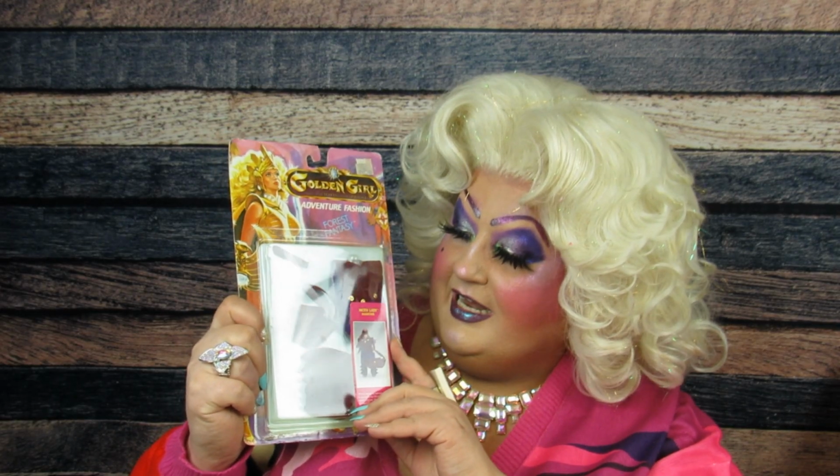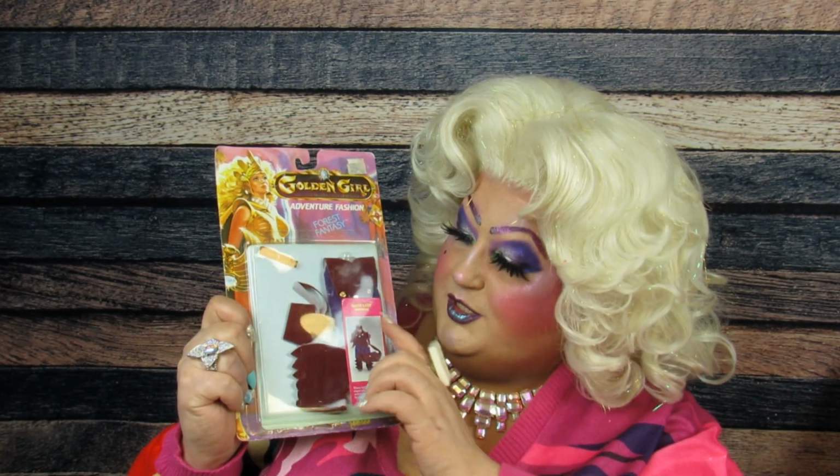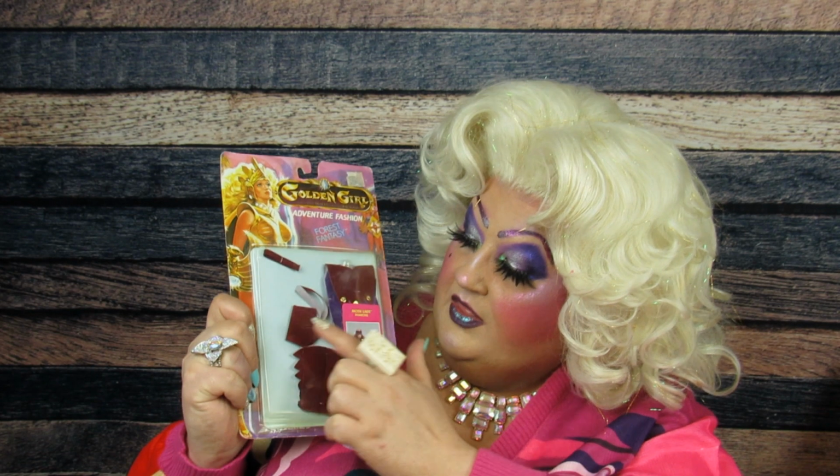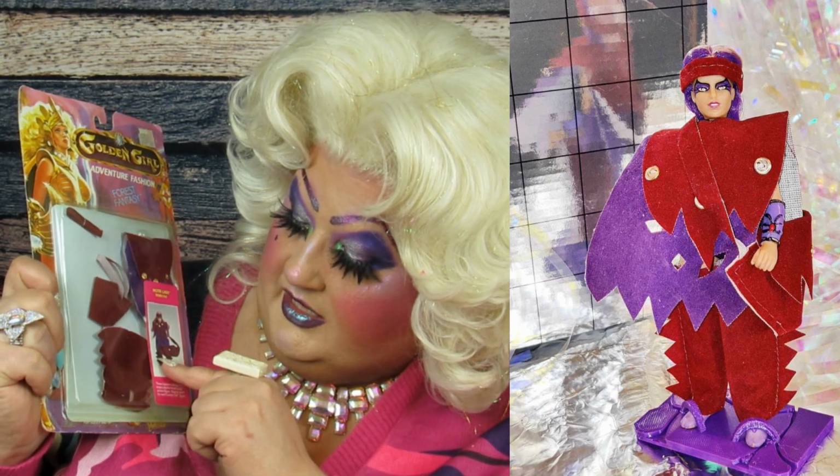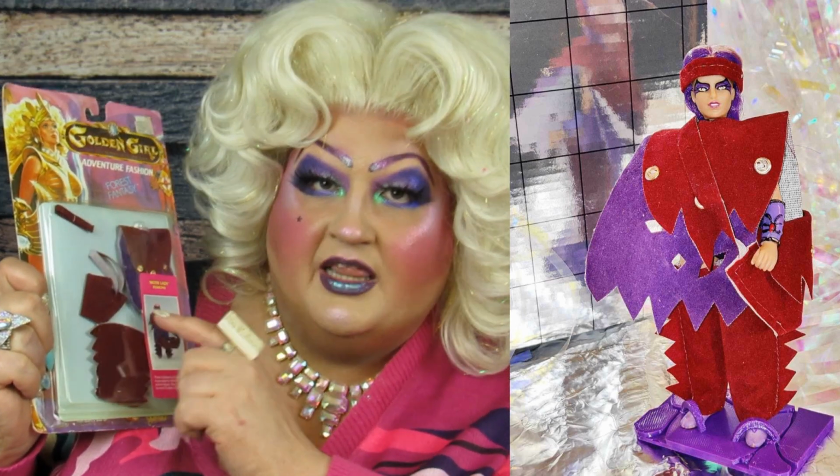Here we have Moth Lady, more suede. This time she's got kind of a burgundy with purple. This is folded over. I've got two of these, so we'll show you the other one as well. The leg wraps, again, there's no crotch in this, so they seem to be just leg wraps that you pull